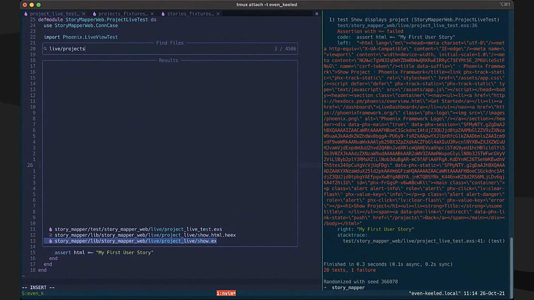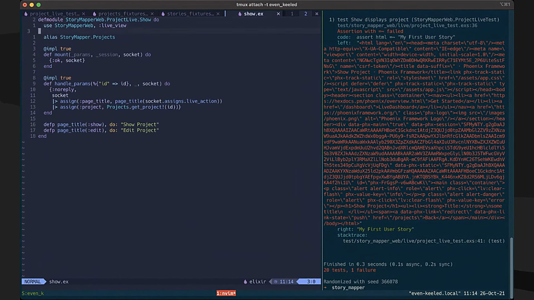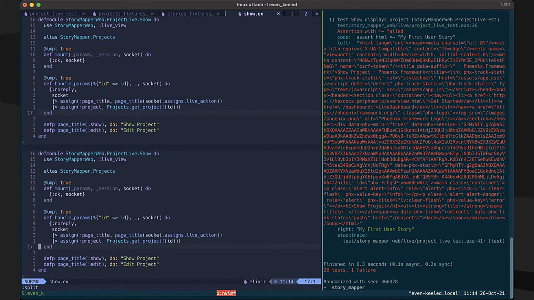And let's use, here's our project live show live view. And we can see that to render the project details on the page, we need to assign the project so that it's exposed to the template. If we look at the template alongside the live view definition,